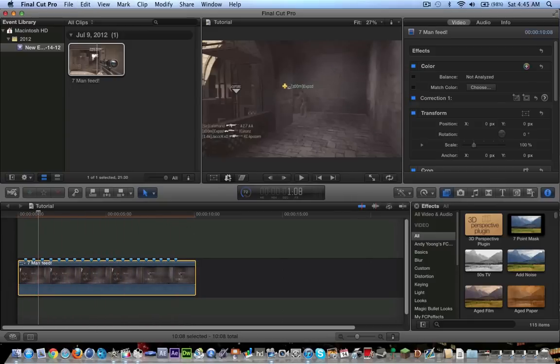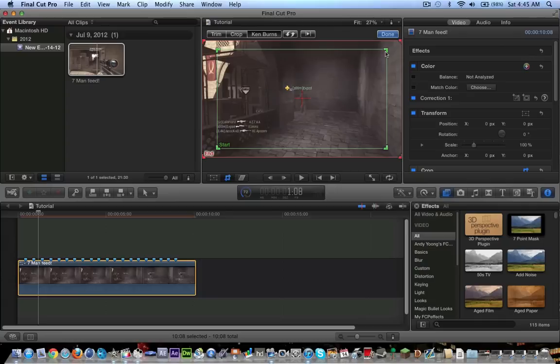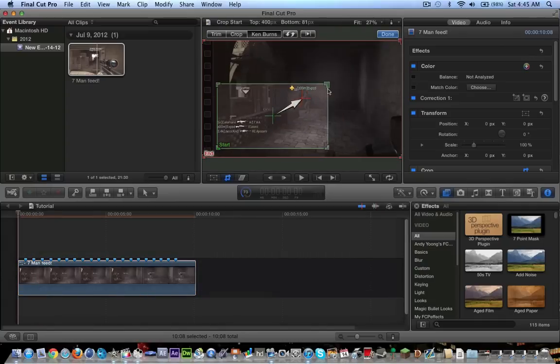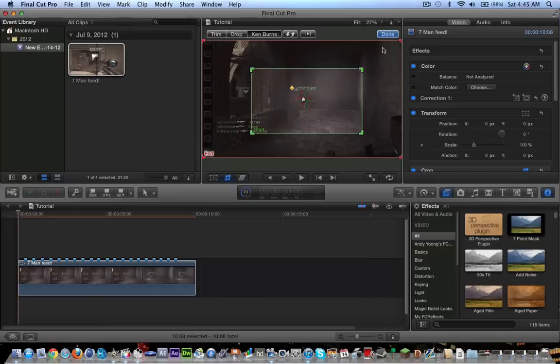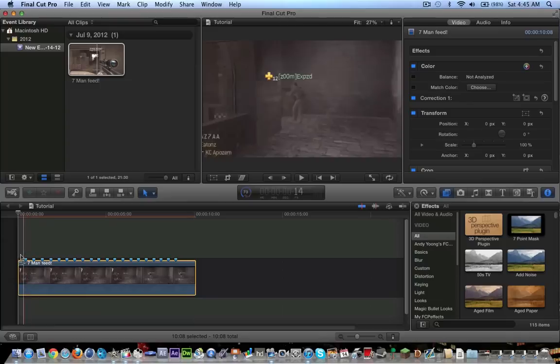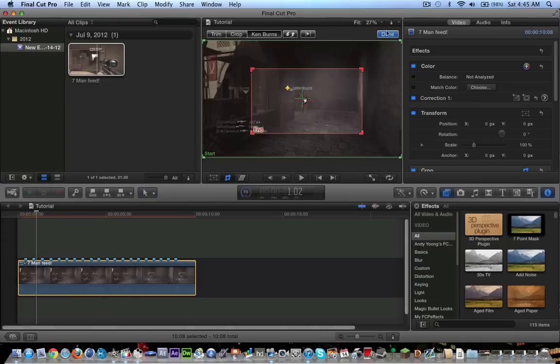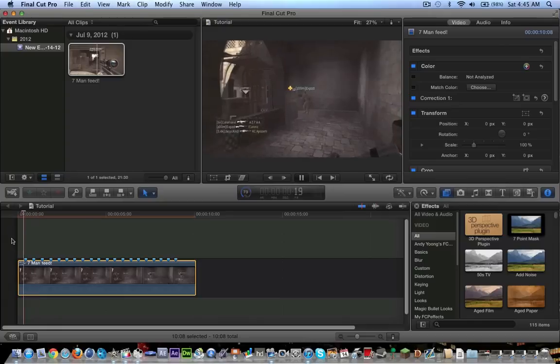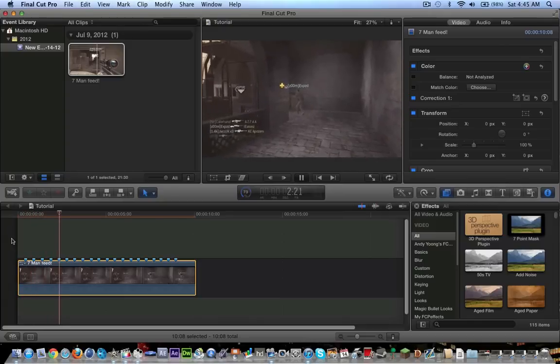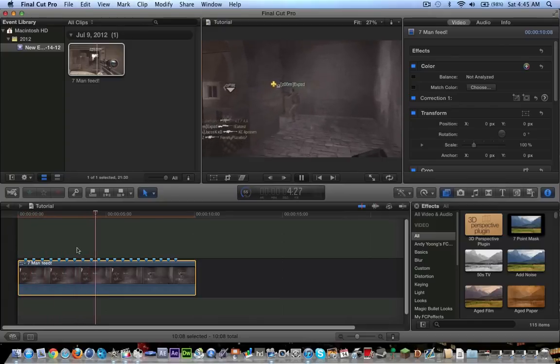So basically what happens is when I select the whole clip and I do that, let's just say I have it zoom in on this guy, right? And then I start at the beginning of the clip. Let me change that out. Okay, it starts full screen, and then it slowly zooms in past the kill feed,